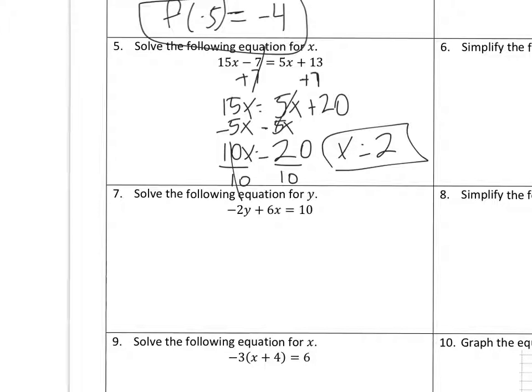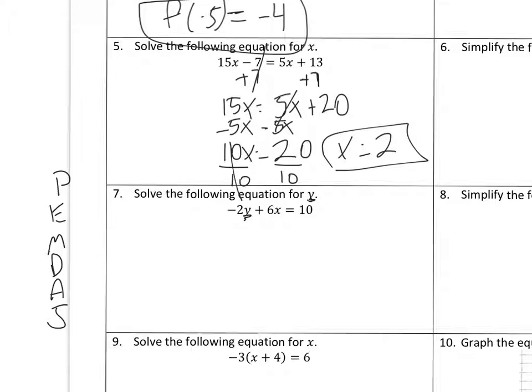Number 7, solve the following equation for y. Okay, this is still just solving an equation. Isolate the variable y, which means you have to move everything to the opposite side of the equation and get y by itself. Okay, so if I want to do the inverse order of operations,